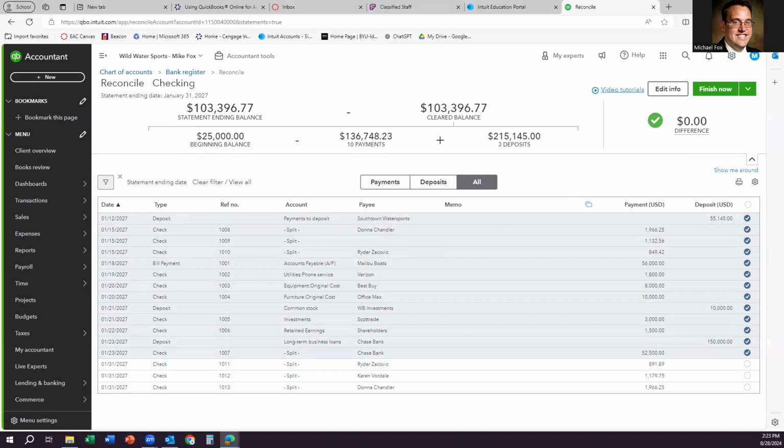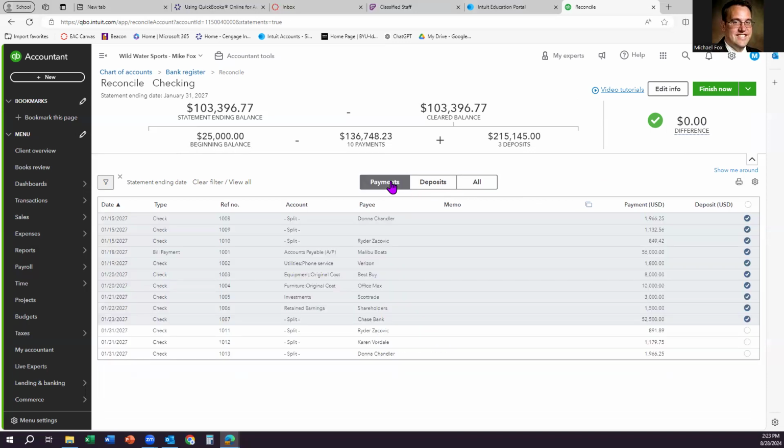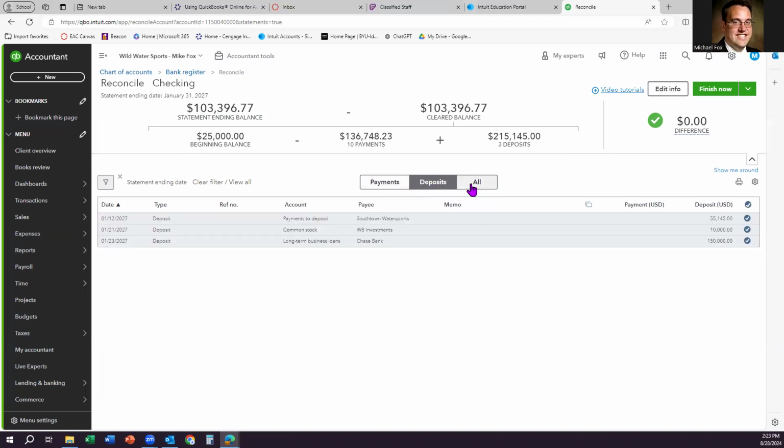All right. So step 9 says after review of the company's most recent bank statement concerning the checking account, you discover that all deposits and other credits recorded in the checking account appear in the bank statement. Click the Deposits tab. We were actually on the All tab there. So the instructions said to do the Payments tab. We click all those, the Deposits tab. And so I did that a little bit wrong by being on All, but